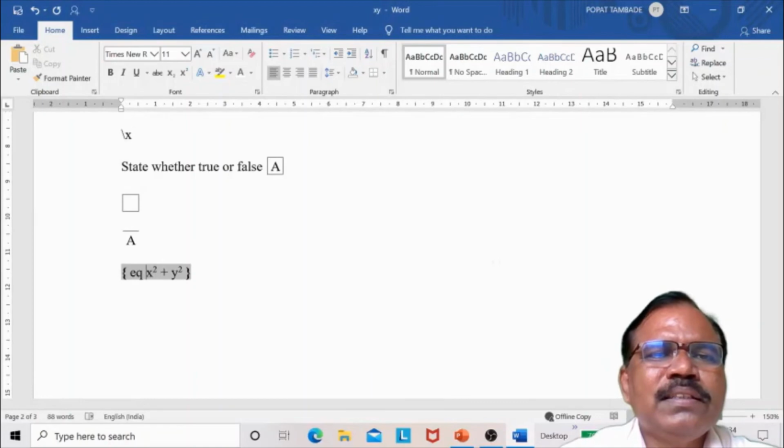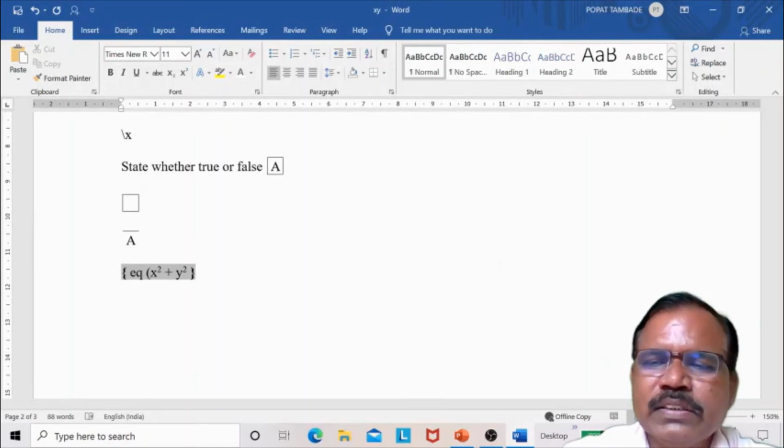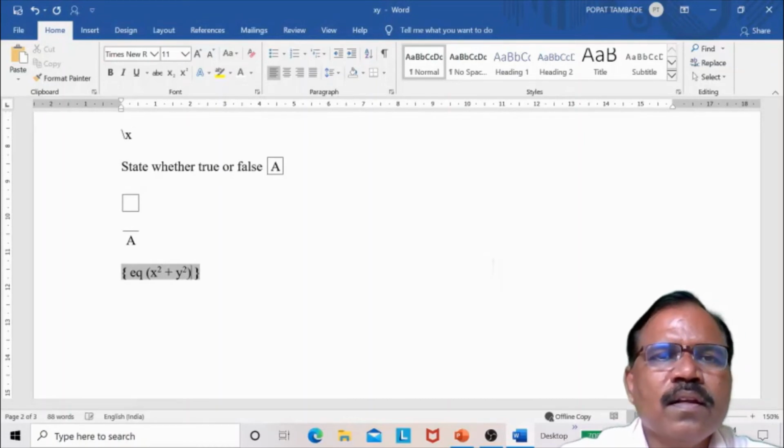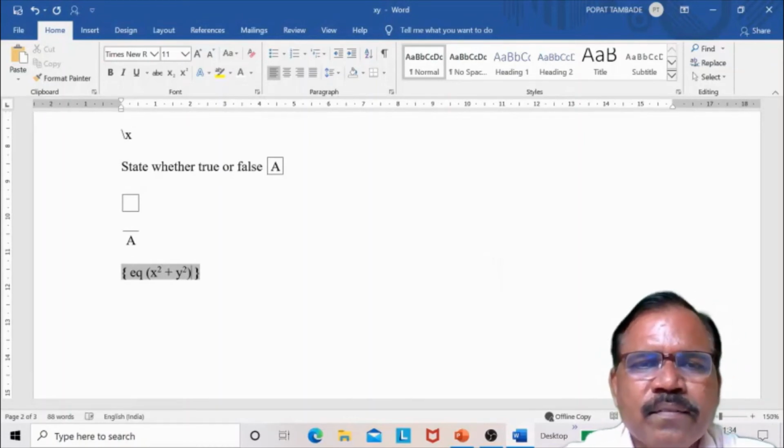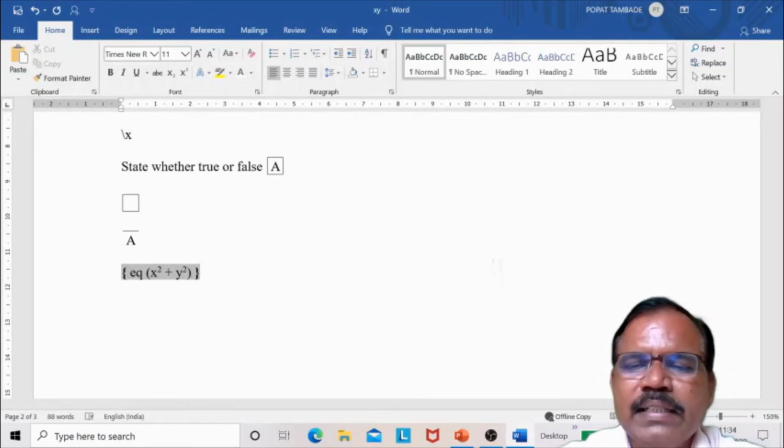So I can simply put here bracket like this, no problem. So shift F9, so that comes in bracket.